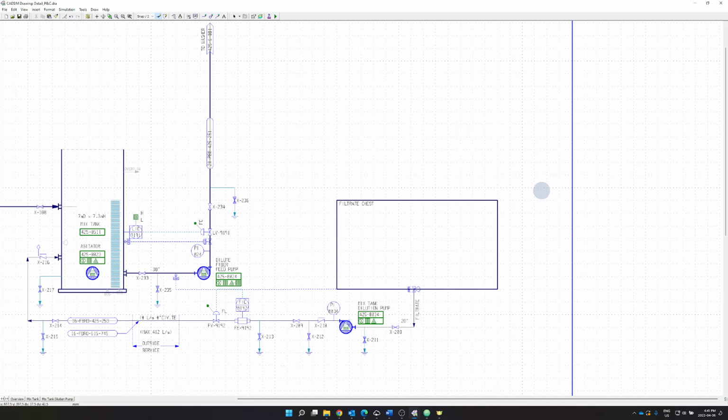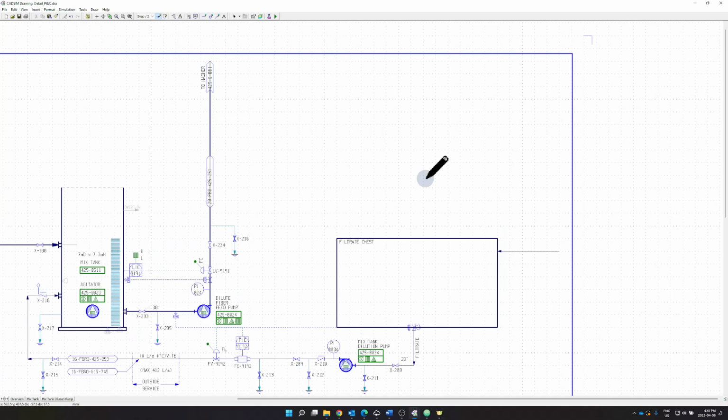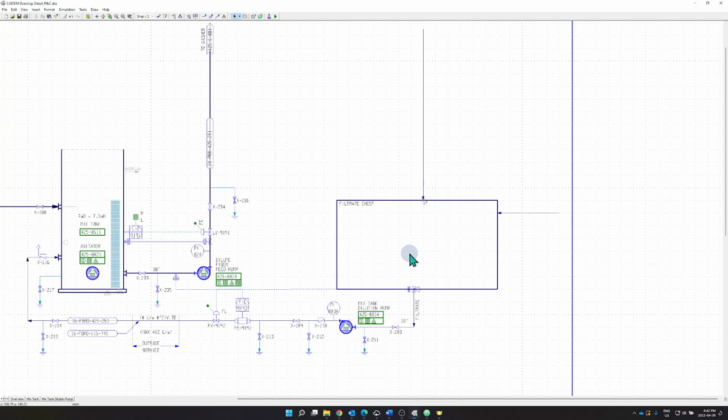Okay, and we're gonna need something going into it, so like a makeup of water and something going into it from above, and that's going to be, say, once something was processed through a decker or a washer, the filtrate comes down back to the filtrate chest. And all right, well, there's the first interesting thing that we can deal with is that when we press run,